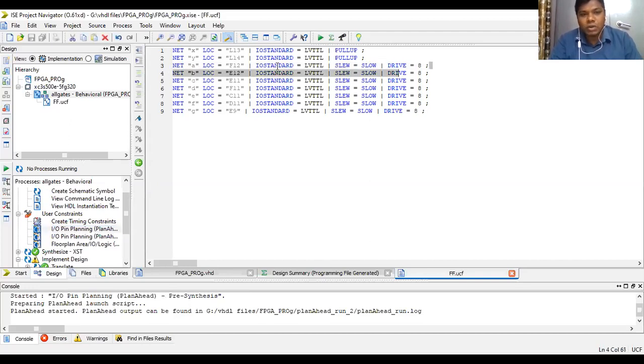No need to write the code for this. By clicking this input output planning, the PlanAhead software will open. In that we can lock, map, and place and route. Whatever we have done here, we can check all those things. It requires some time. PlanAhead is opening.